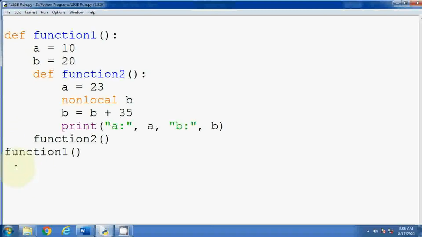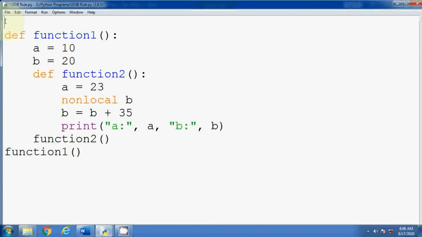But top level means what? It is starting from the beginning, not inside the function. Here we have provided the indentation. If we are writing any variable here, that is considered as enclosing variable for function 2 and local variable for function 1. So it is like that. And when we are writing here, it is a global variable for all the functions and the entire program.